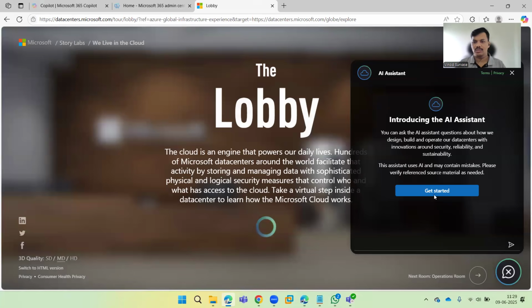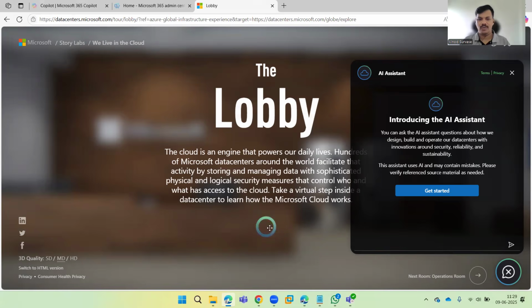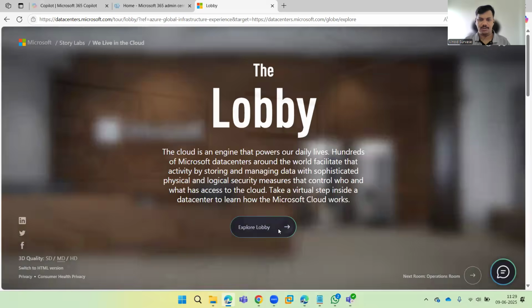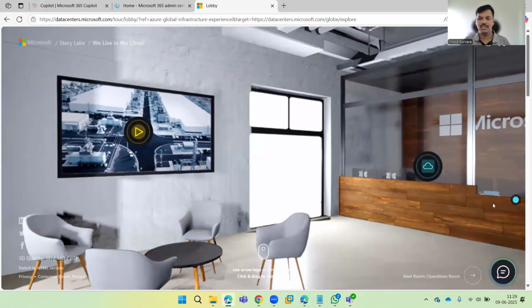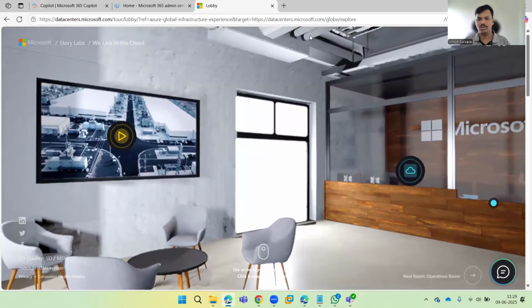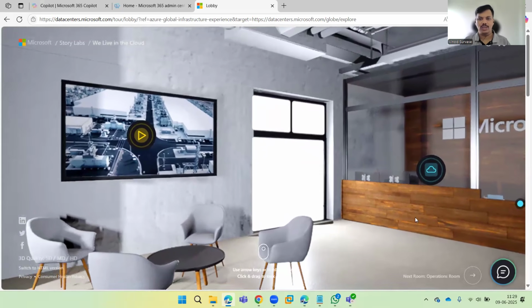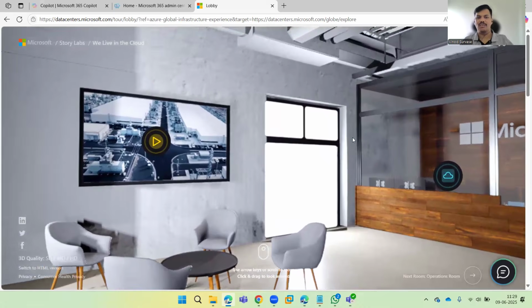Okay, so here it's AI assistance. I'll just close it. Okay, here it says the lobby, explore. So this is the lobby area. You can see that, and you can see this is a pure virtual view that we can take. We live in the cloud, right? That means